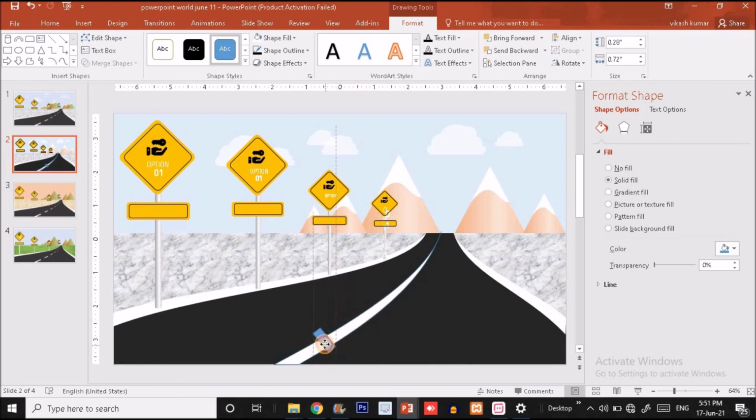So I'm going to put it over here, just press Ctrl D and put it over here, decrease the size, press Ctrl D, Ctrl D, Ctrl D, and put it over here, and closer. Make it closer as you go further, got it, right?